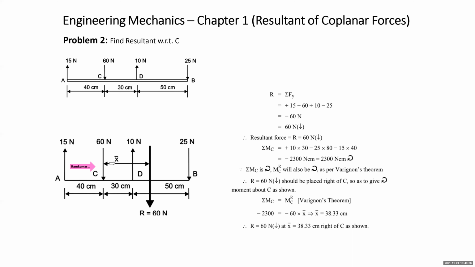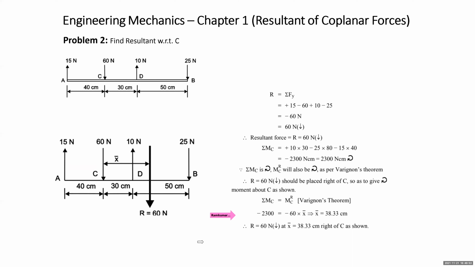38.33, that is almost matching because it is x bar what I have marked it. It is more than 30 and less than 80. But we don't change it. Even if you have shown it here, that's okay. It is there. But students, do not write the value of x bar in the diagram. You should not write the value of x bar in the diagram.